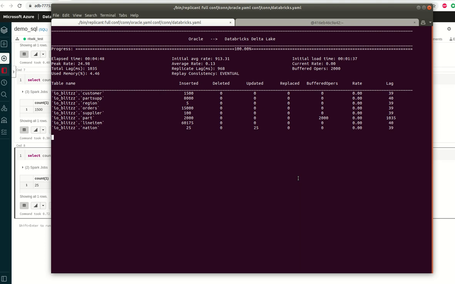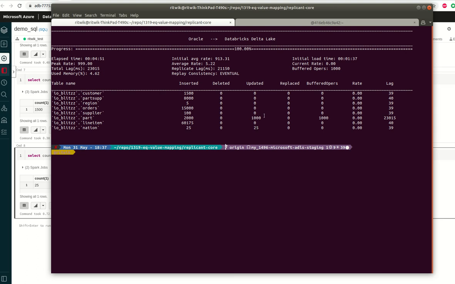Whenever some of the rows are replicated, we will kill Replicant, and you can already see that 1000 rows are replicated. So we killed Replicant, and now we will resume it, and the expectation is that Replicant will update the remaining 1000 rows to target.